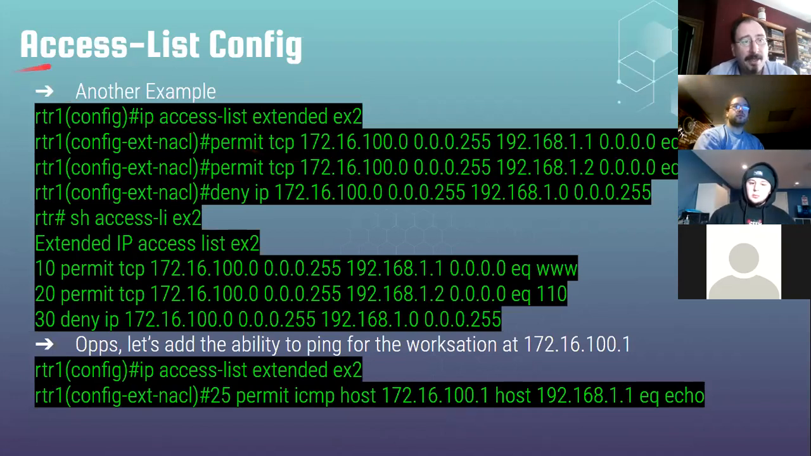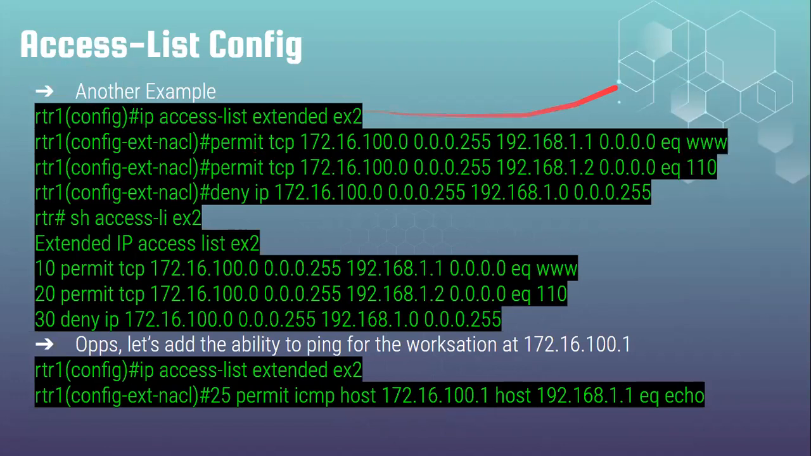Here's another example of an access list. So I did ip access-list extended. I called it EX2, short for example 2. Let me put that there so I can see it. What we're going to do is permit TCP 172.16.100.0. Nice simple wildcard. It's got to match the 172.16.100, and no matter what your last octet says, it's going to let everyone in. The source is going to be